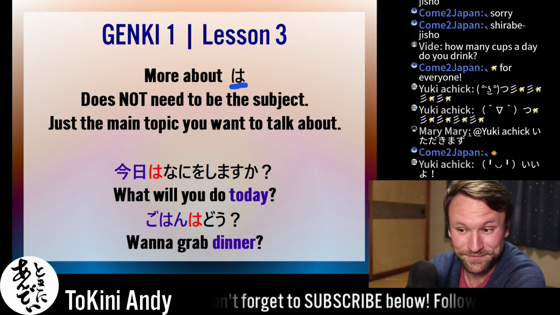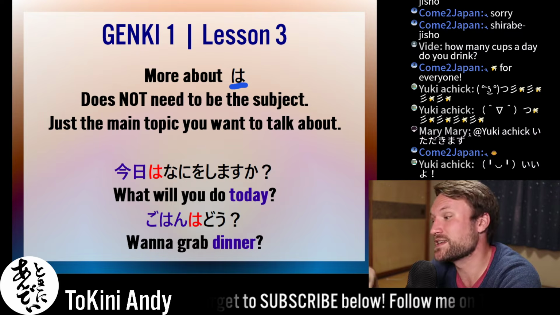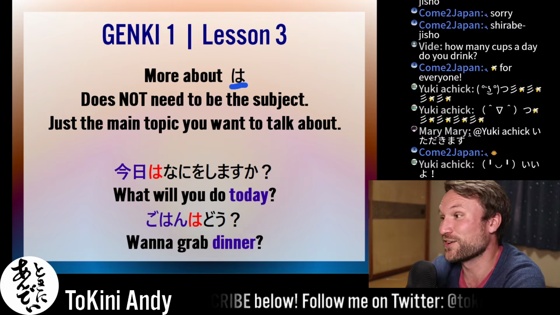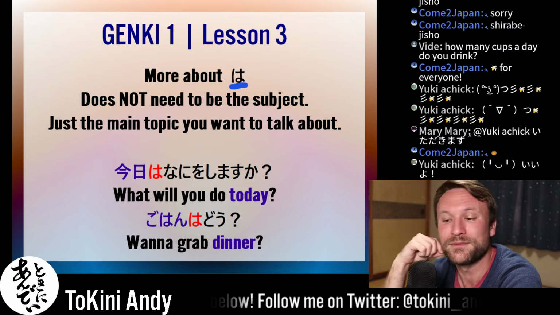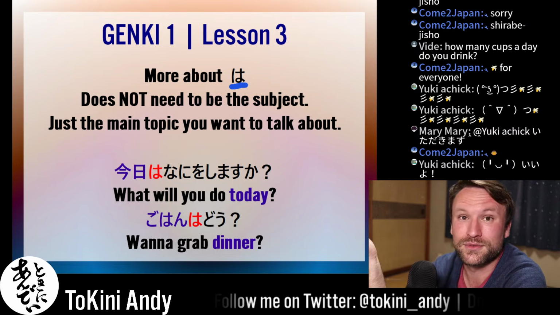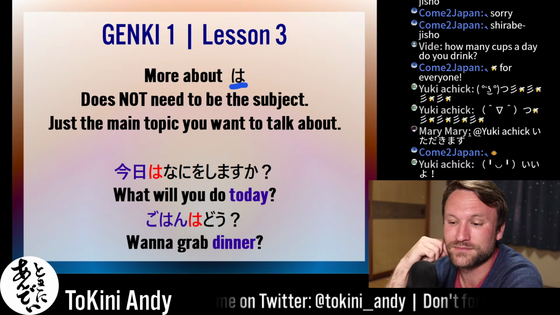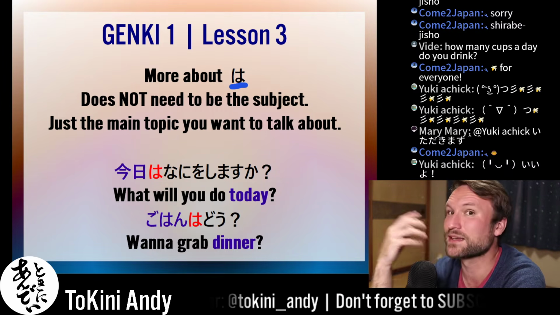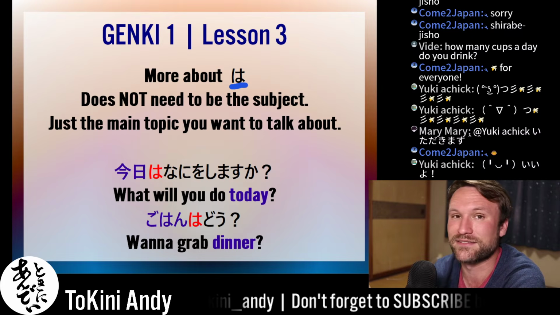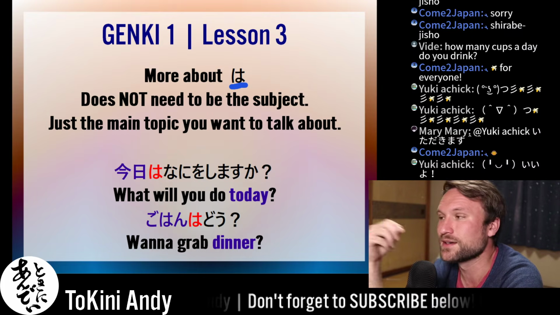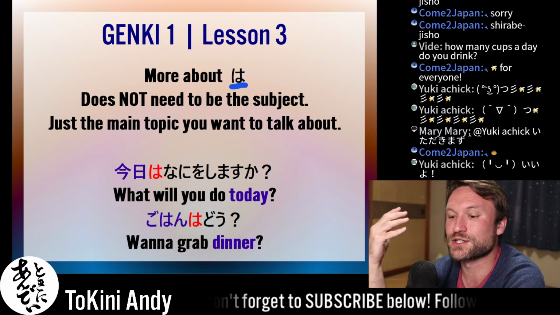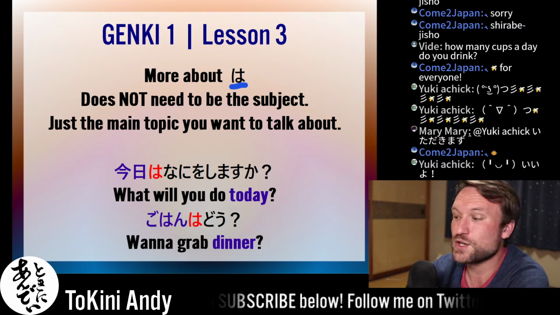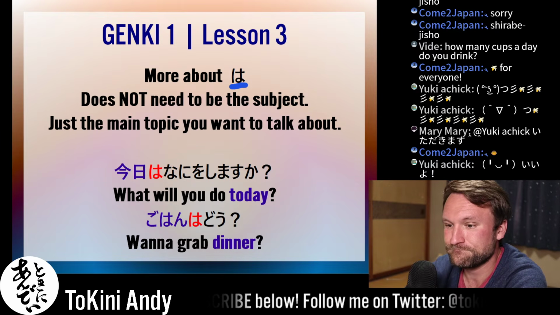You want to grab dinner? So that's a nice sentence right there. You guys should definitely learn that one if you're trying to get a date or something. ご飯はどう? It's very informal. Do is just how or how about, right? Gohan is, of course, food or rice or, in this case, dinner, depending on the time of day, obviously. If it's like 11 and you want to go get lunch, gohan wa do? Totally perfect. So what you're talking about, the main thing you want to talk about, is the meal. So you mark it with wa. Everyone got that?